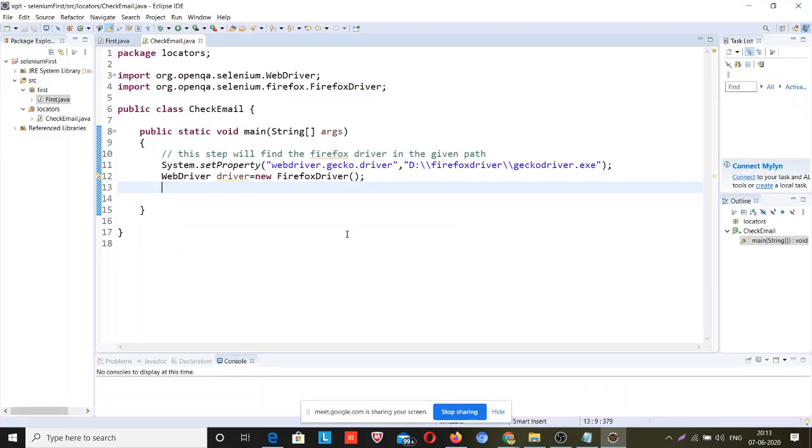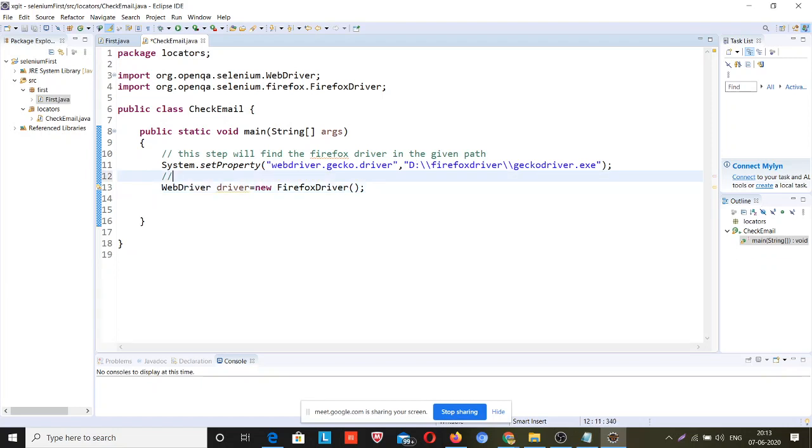Let me write here: this will open Firefox browser without any path or URL, because I have not passed any URL.